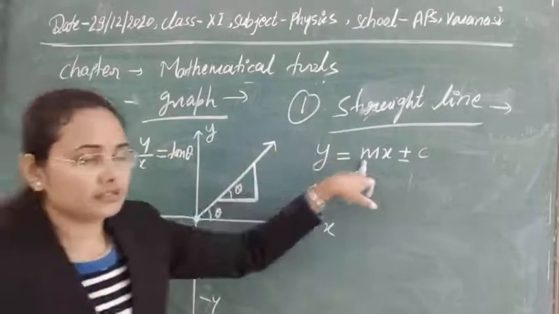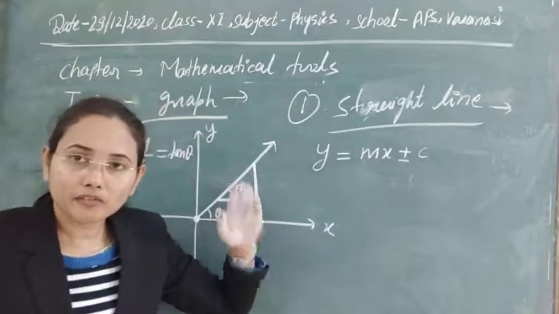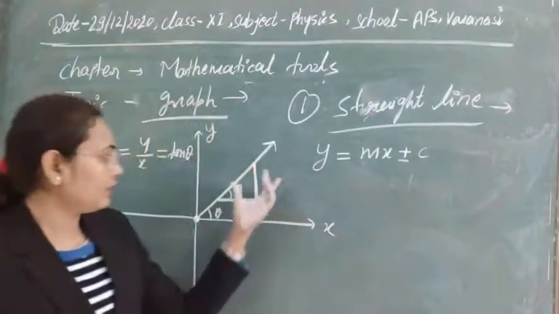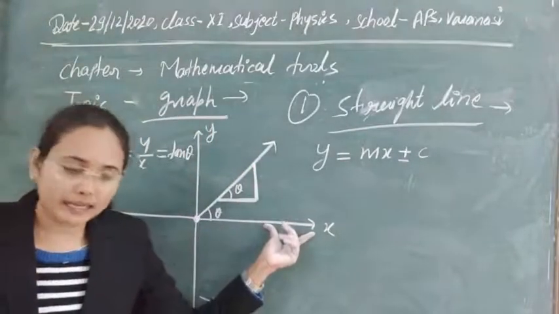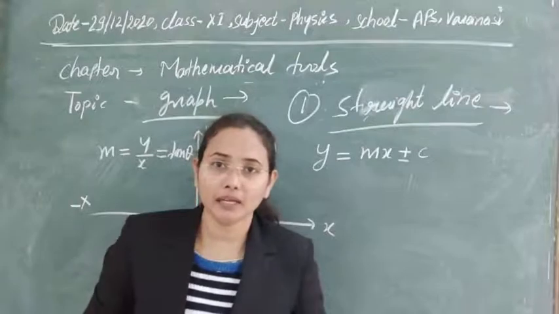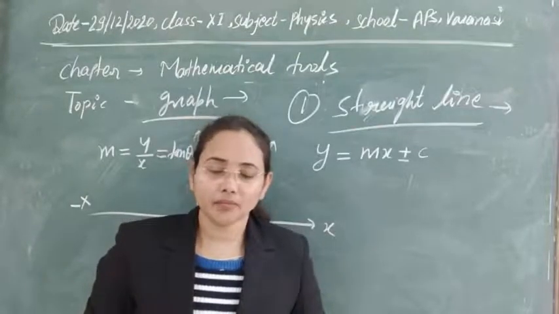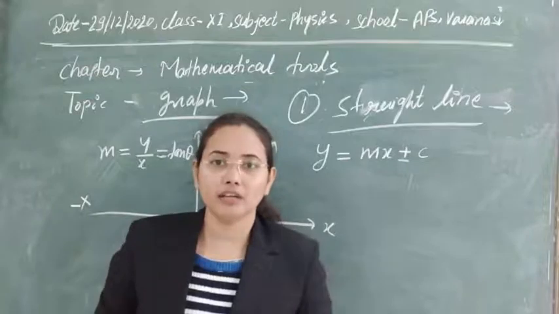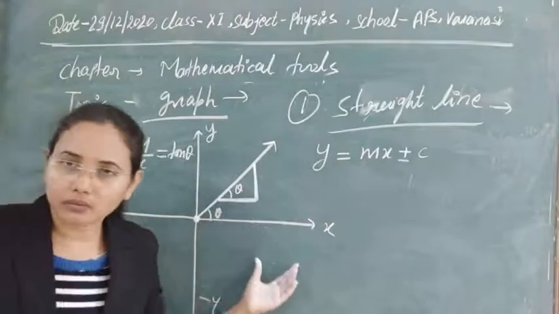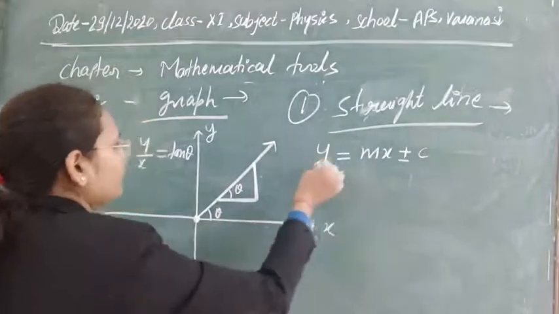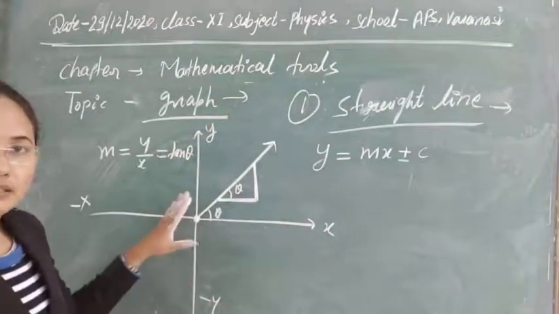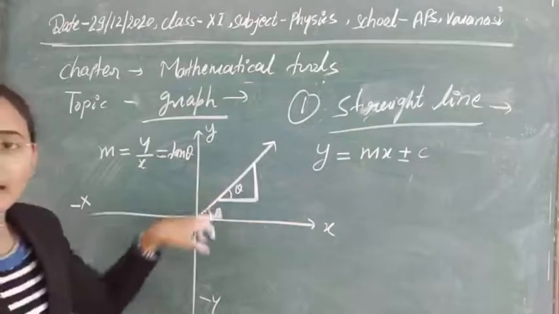So m is the slope in the equation, meaning at which degree the straight line is inclined with the horizontal axis. Like the concepts explained while talking about the inclined plane problem: if some formulas or equations are given, then you can easily understand what the slope is and how you can calculate it. Here c is the intercept that is formed by this straight line on the axis.